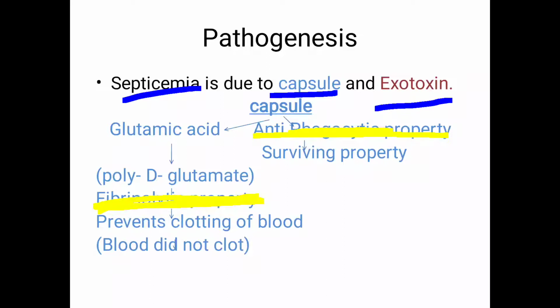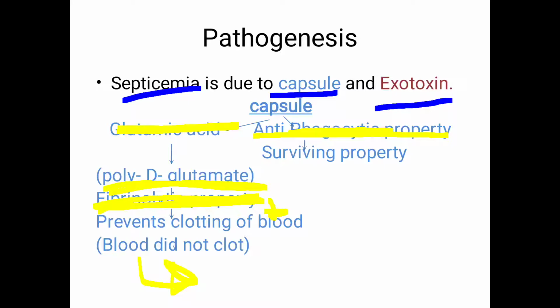The capsule contains glutamic acid, that is poly-D-glutamate. This is the most asked question in any examination: the capsule of Bacillus anthracis contains dash. Just try to remember that it is poly-D-glutamate, which has a fibrinolytic property, thereby it prevents blood clotting, thereby the blood is